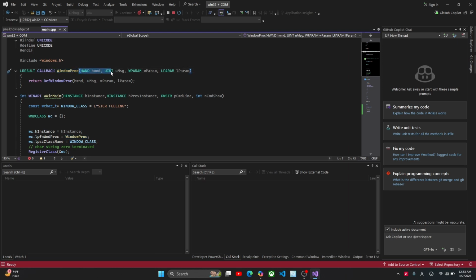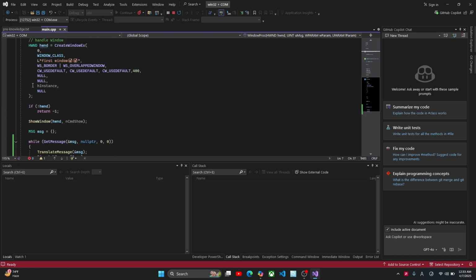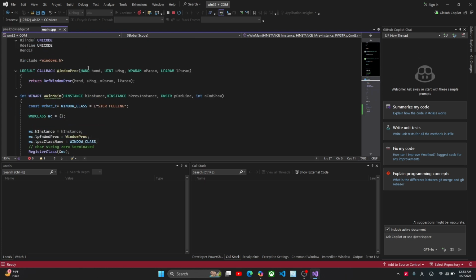The first parameter is the window handle. We are passing the window that we have created into the window procedure. Then next will be the message,